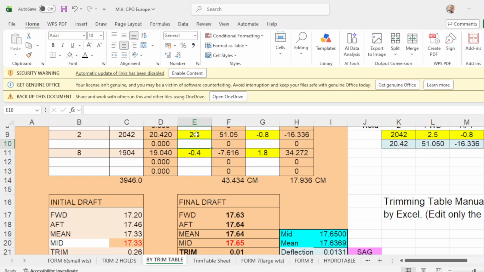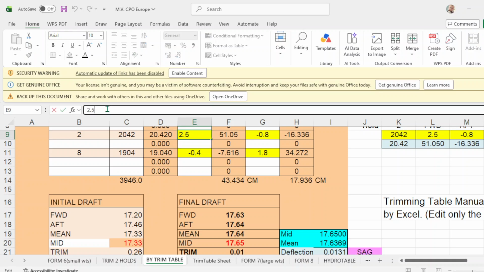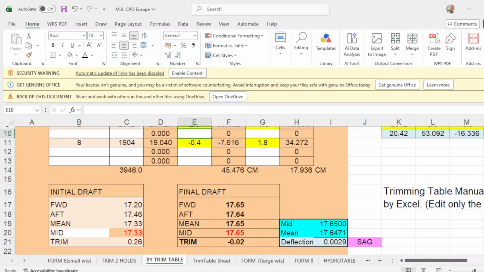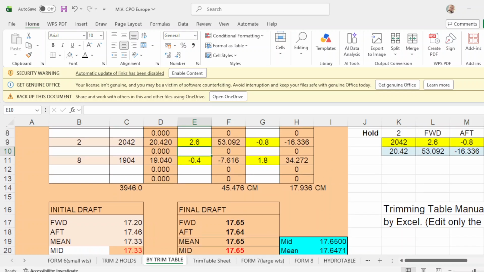Make this 2.6. Okay, then you have 65. Take note, your updraft now is 1 centimeter lower. And you have now trim by the head. So you adjust your updraft.